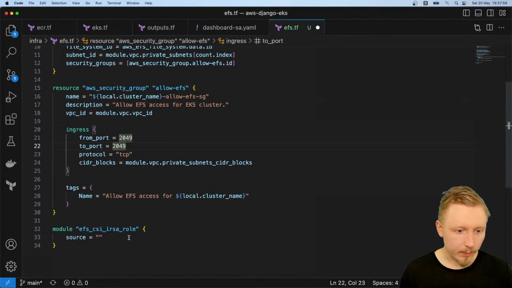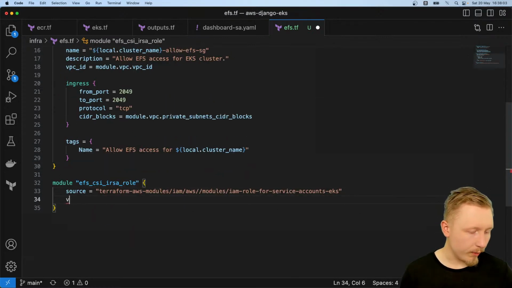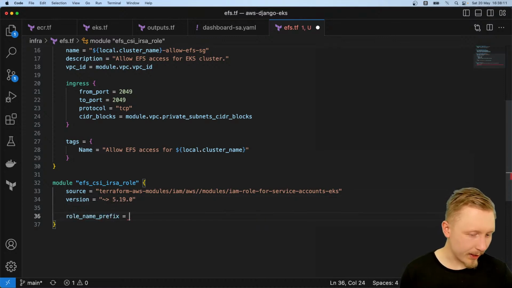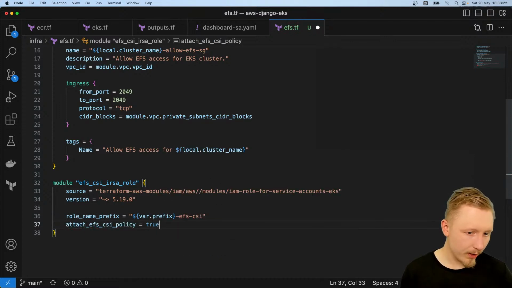So we'll copy that, and then we'll do version. Again, it's the same version, 5.19.0, and then role_name_prefix equals var.prefix-efs-csi, and then attach_efs_csi_policy equals true,